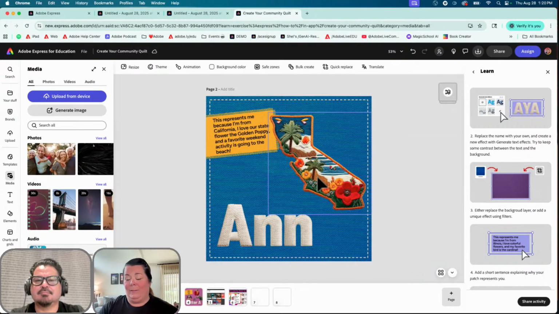I absolutely love. I think they're the happiest little flowers. Of course, you see elements of palm trees and beaches in it. The beach I included because I included my text: a favorite weekend activity is going to the beach. So, Martine, I'm sharing these examples again because I want to front load some ideas. So, state